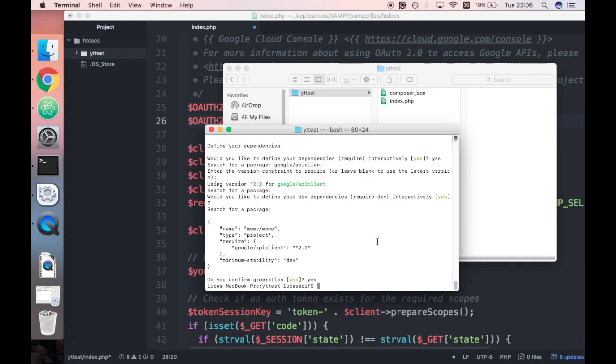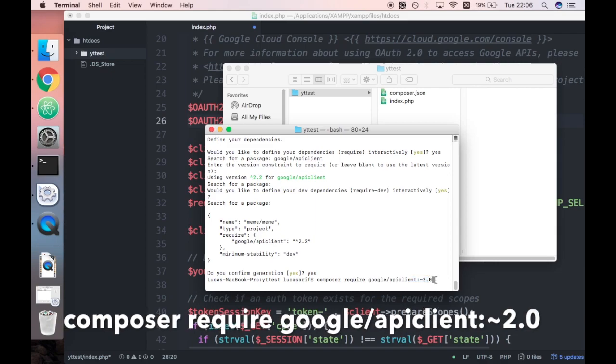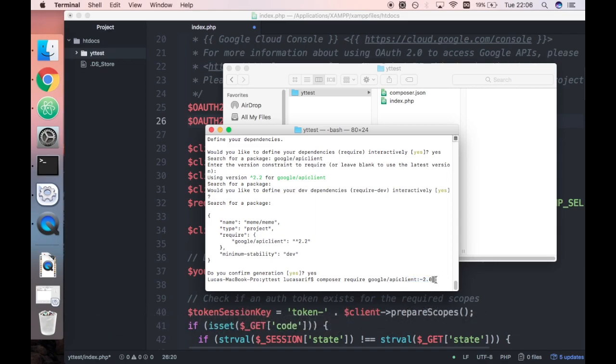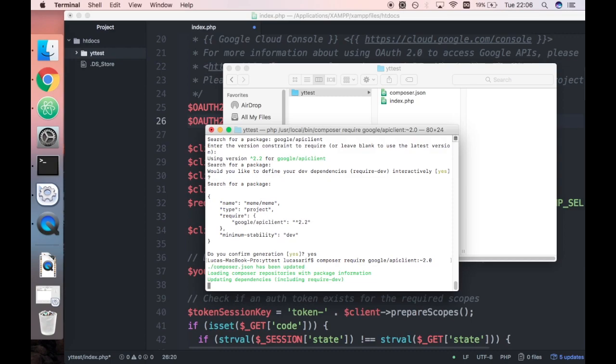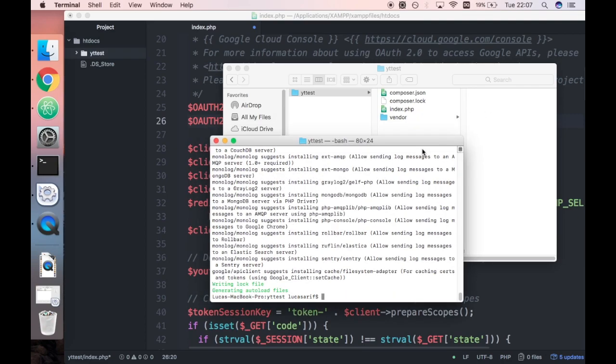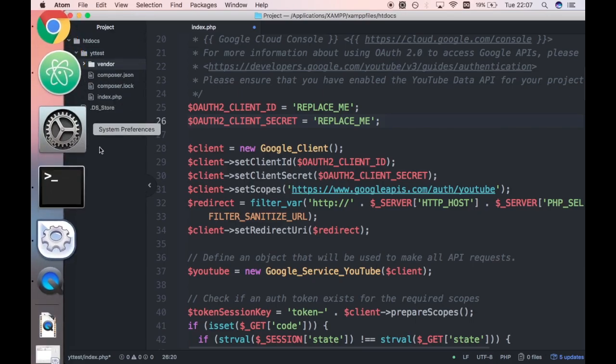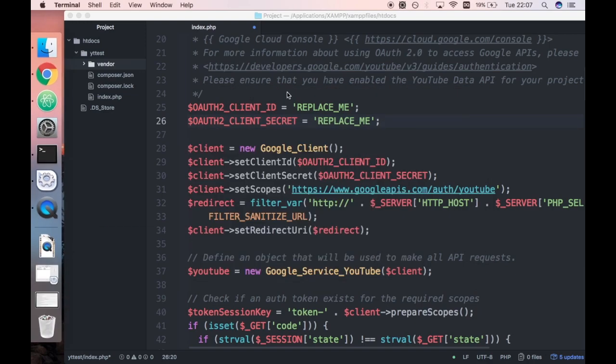One last thing before we've properly finished though, we want to put in this command: composer require google/apiclient 2.0. I'll leave that in the description. You can just copy and paste it into terminal, hit enter, and just wait for that to do its thing. Once that's done, shouldn't take more than a couple minutes, you should have a vendor folder here and a composer.lock. Again, don't worry about those. We are done initializing our project. So now what we need to do is copy and paste in our client ID